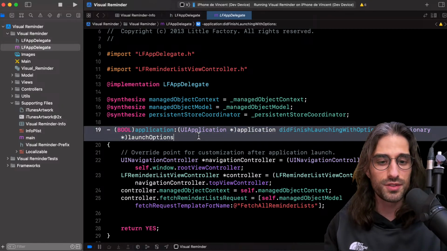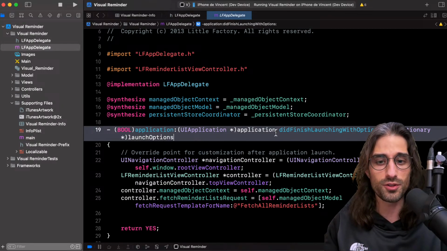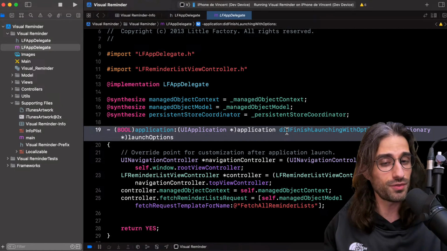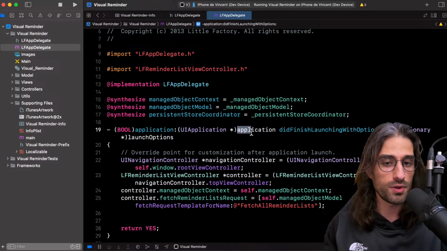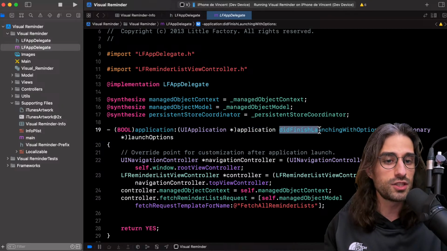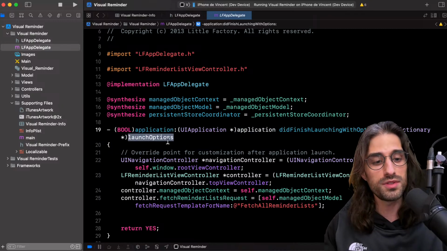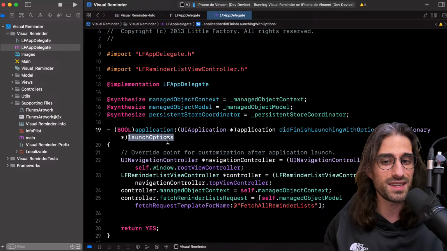And here we can see one of the key features of Objective-C when compared to other languages back then: the fact that you could have the external argument names that we have in Swift also, but you could say application, okay, the first argument is application, then did finish launching with options, and the second argument is the launch options. And that's what allowed this very readable call site. It was one of the very features that made Objective-C different from other languages.